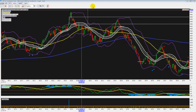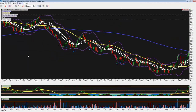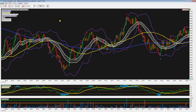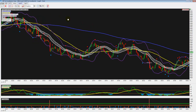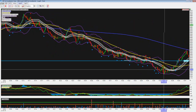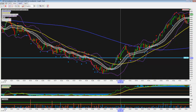Although, if I was trading 2 contracts, I would have had one out here, and then I would hold the other at break even. And then if I would have held the other at break even, you notice that we never got back to 69.30 or anywhere near there until, well, basically until we busted through the pivot point. And this area right here would have been a great place to exit. Breaking back up through pivot strongly,